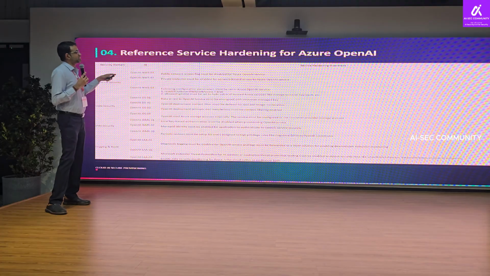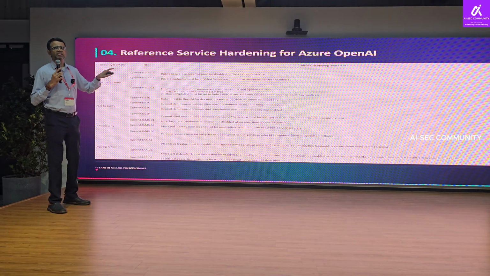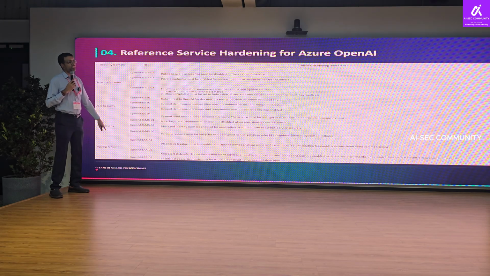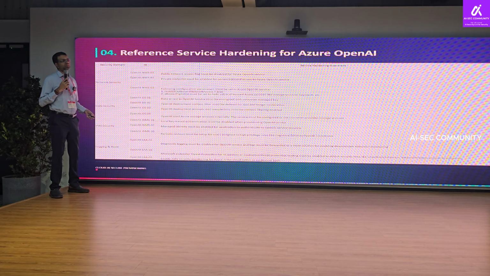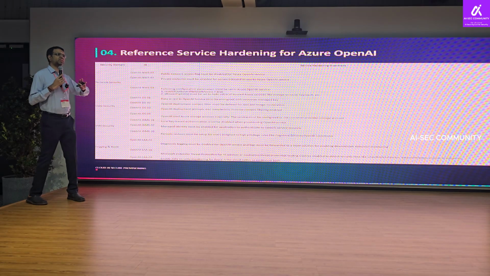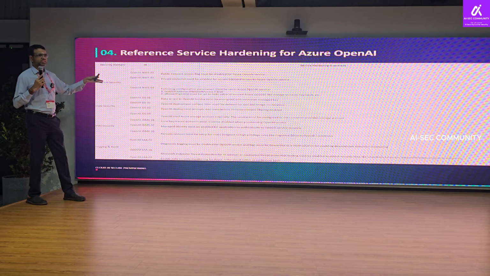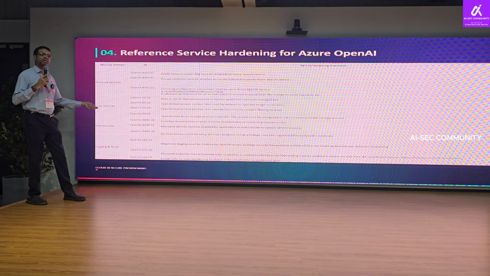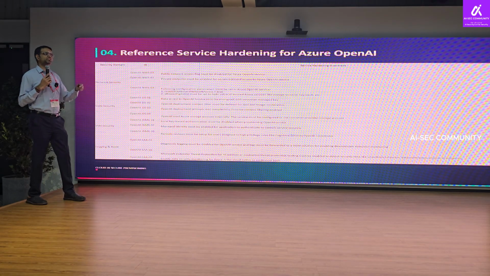But once you do this, and this is where your logging comes in, right? Once you have your logging in place, and you are able to have an automated detection also. So the detection and the baseline go together. If you're able to have a detection and then immediate response to it without a man in the middle, then that kind of reduces the scope of the risk to the minimum.